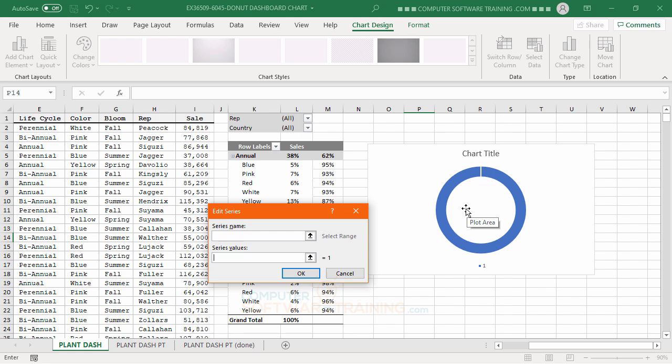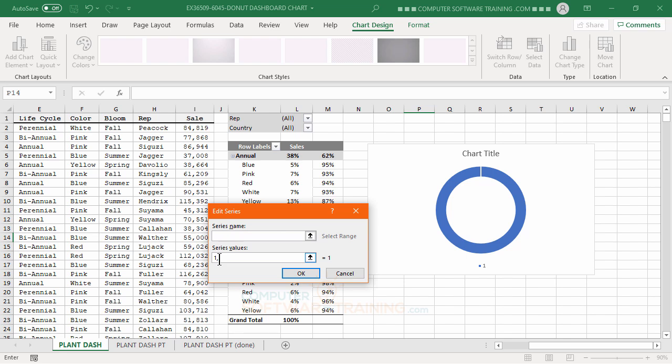So we're going to make 20 of them, right? So that's 20 times 5%, 100%. So in here, and this is kind of weird, but here's what you got to do. We're going to type in the number 1, just like that, comma, and we're going to hit the number 1 again, comma. We're going to do this for a total of 20. So the way I do it, because you kind of drive yourself nuts doing this, you type in 1,